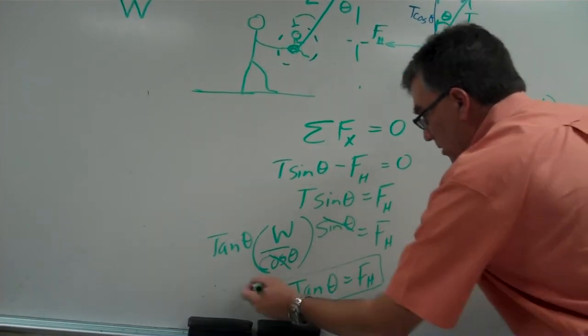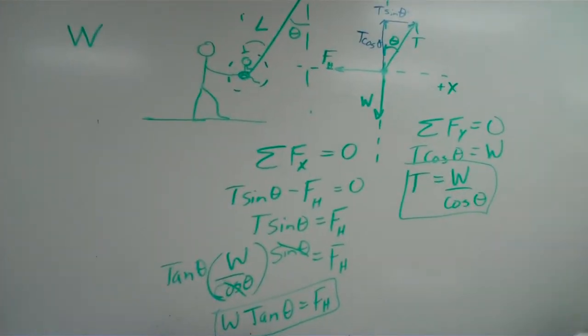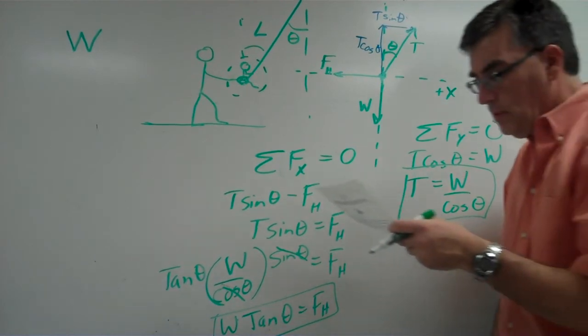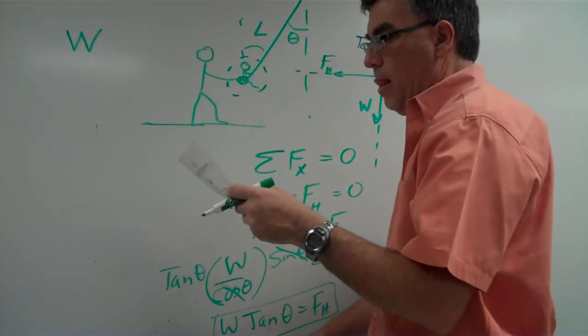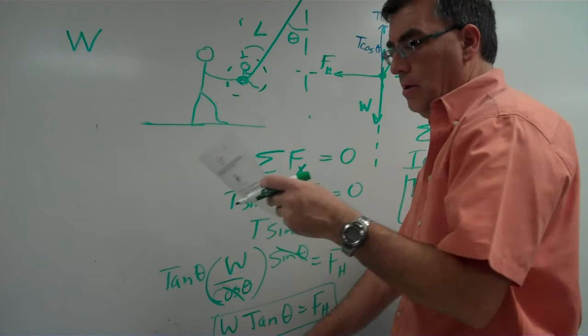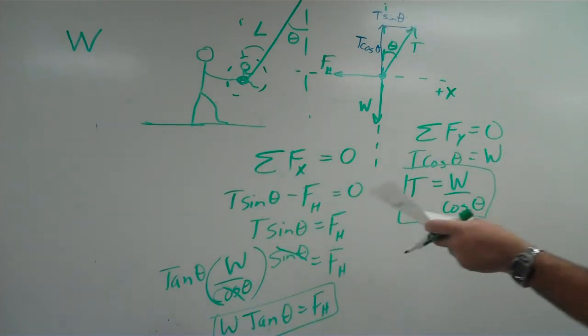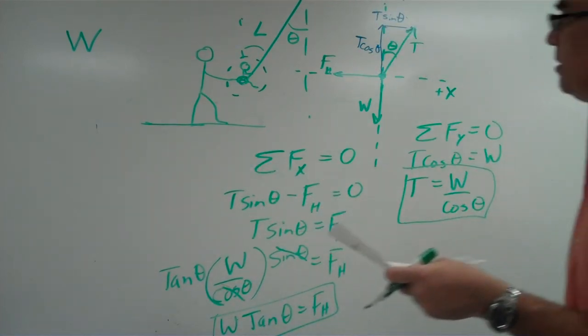So now I have that. So I have my horizontal and I have my vertical. All right? So then what happens? Well, now what happens